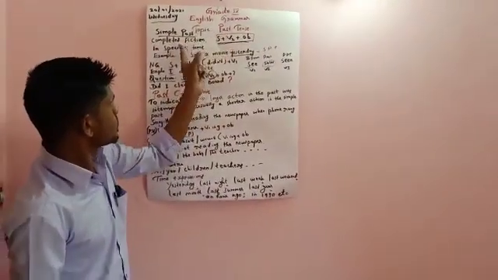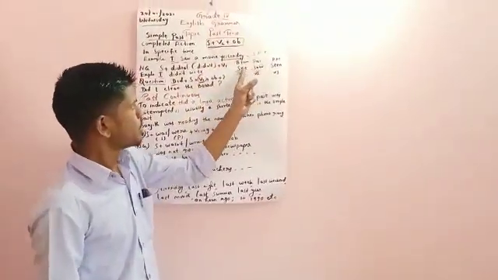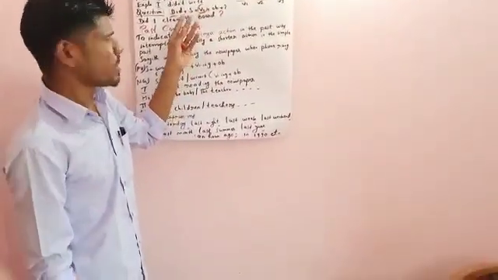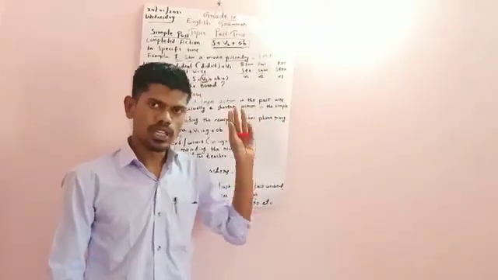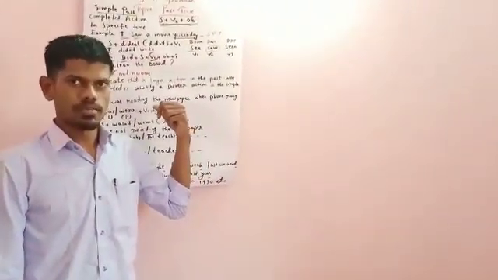So just keep these things in mind: first, what is past tense? What is simple past? What is the simple past positive structure? Then the verb forms, the negative structure, the interrogative structure. That's enough. Already we know this one. So keep those things in mind while speaking or writing when using simple past.